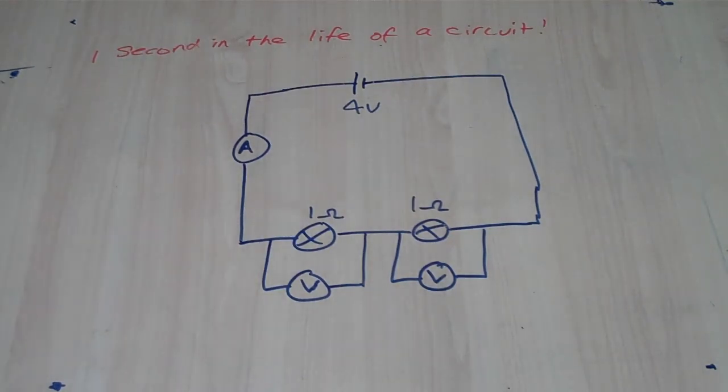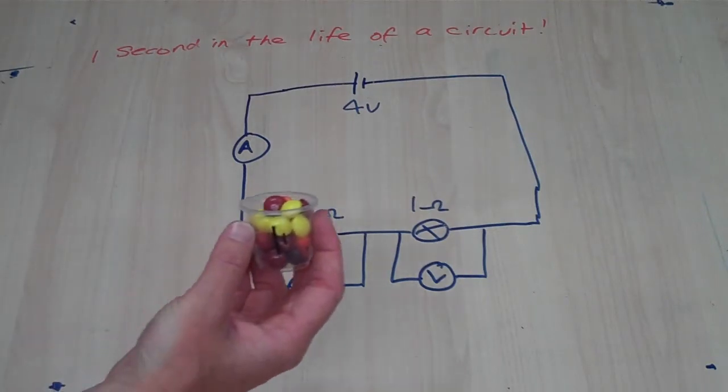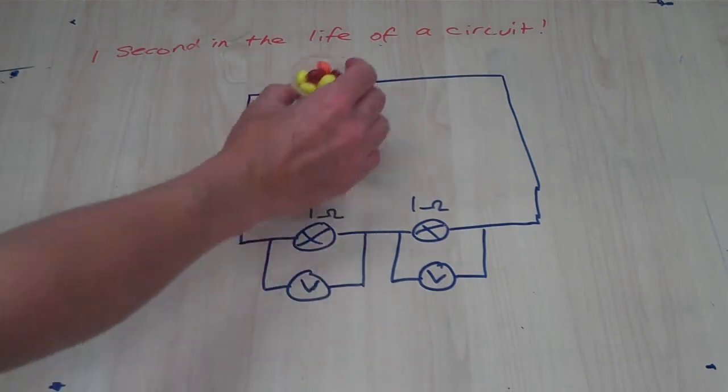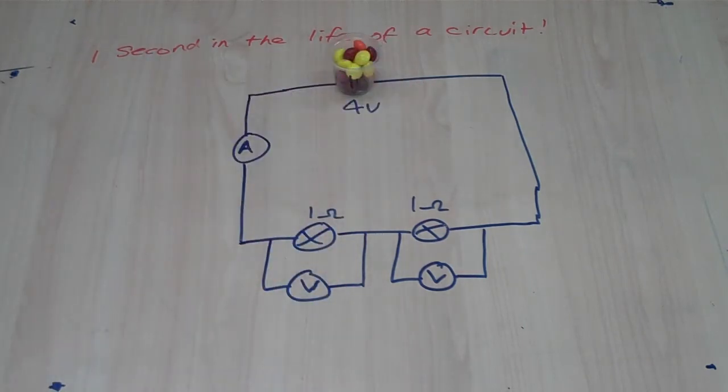This video is to show the 1 second in the life of a circuit demonstration using the Lollie circuit idea. So that's where we're using Lollies, the skittles here, to represent the energy from the battery that's going to be carried around the circuit by the free electrons, so the charges that are moving in the wire, and that energy will be carried around the circuit and transferred to the loads, and the load in this case are 2 lamps,